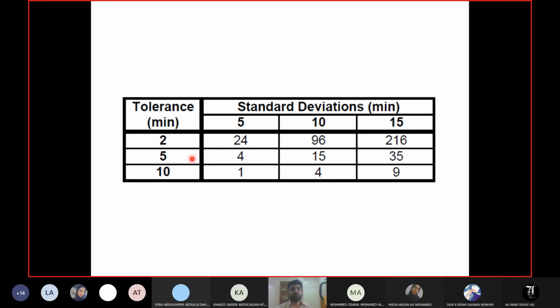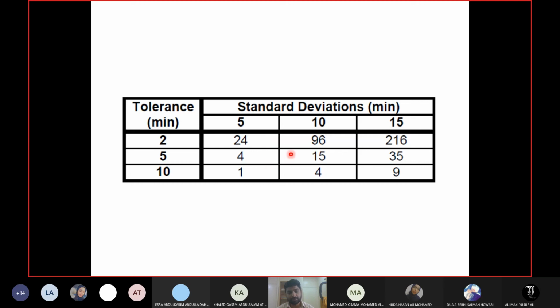Now, when you increase the tolerance level, you are increasing your error, right? So when you are increasing the acceptable error, you are lowering the precision or accuracy of your observation. If you need lower accuracy, then what happens? See the sample size, it is decreasing. When the tolerance level increases, that means you are accepting more error. That means you don't need many values. Then you need a smaller number of values.